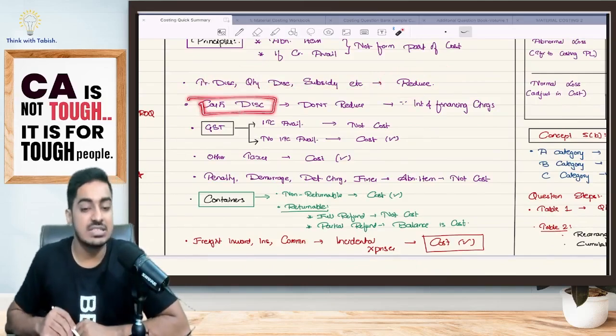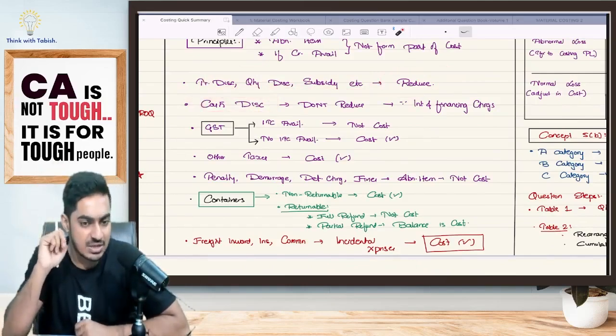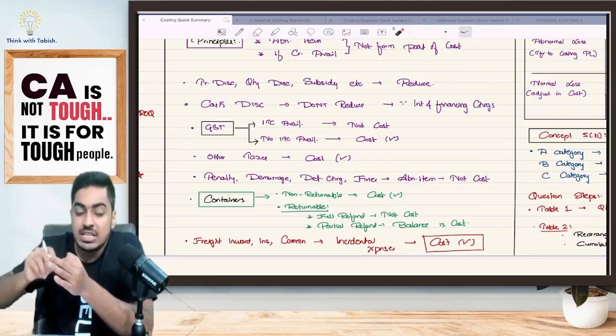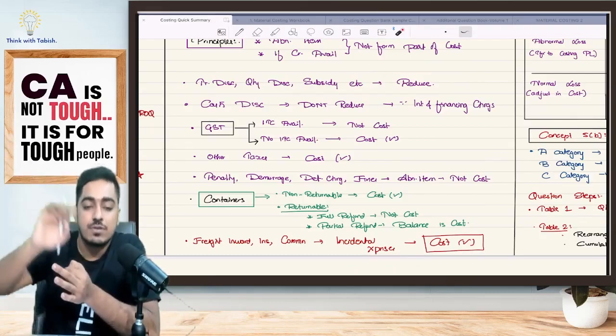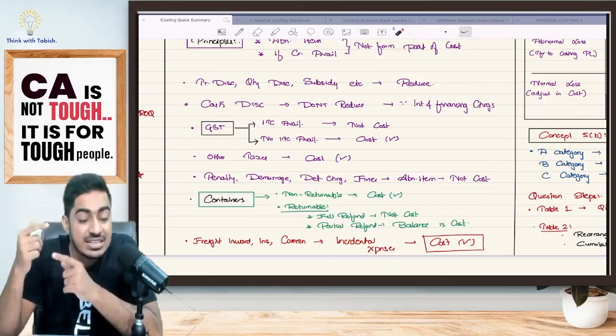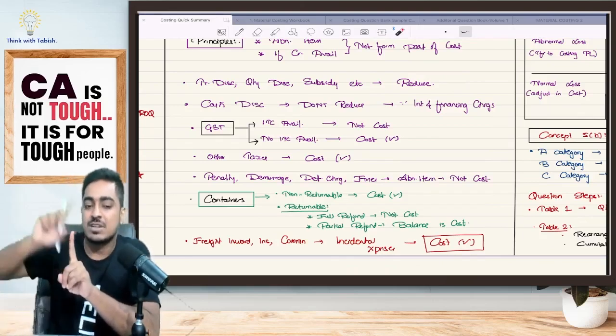If the supplier gave me a cash discount, tell me, students, why am I getting a cash discount? Is it to purchase raw material? No. After purchasing, if I make the payment early, for making early payment he is giving me the discount. That means it is nothing but the interest component of early payment. Yes or no? Yes. 1 lakh I had to pay after 6 months.